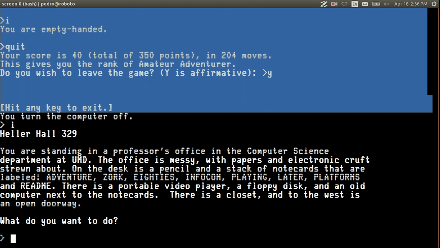Is it like the number of correct decisions? No. There's only a total of 350 points. And it says in so many moves, so if you get all the points, it should take 350 moves, one would expect, right? Not necessarily. I don't think you get 1 point per move.